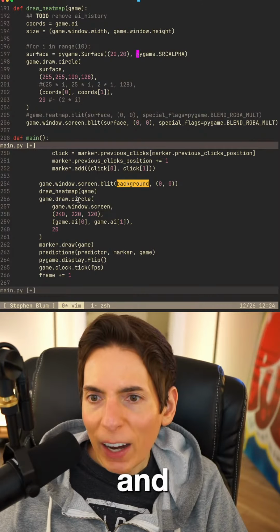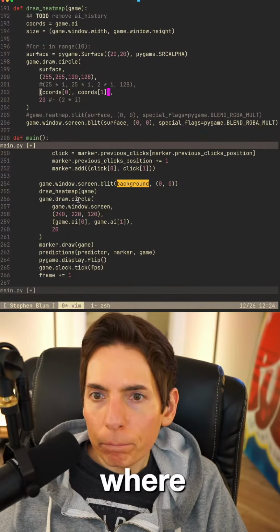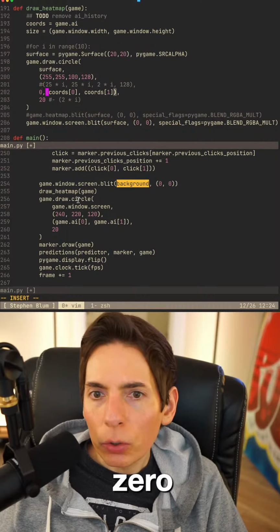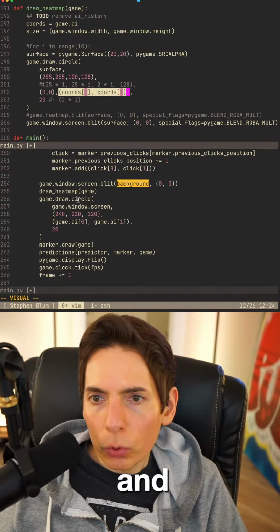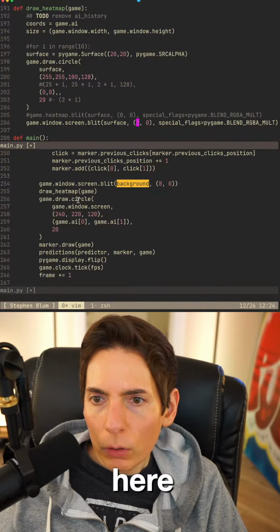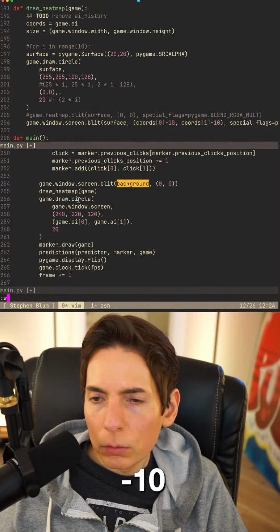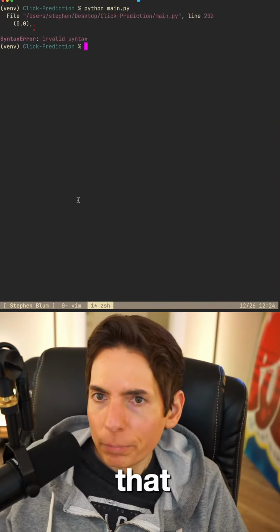Divide and then subtract 10. So we do coords. Where's that at? This will be a 0, 0, 0, 0. Like that. And then coords will go here. We say it's minus 10, I think. All right, let's try that.